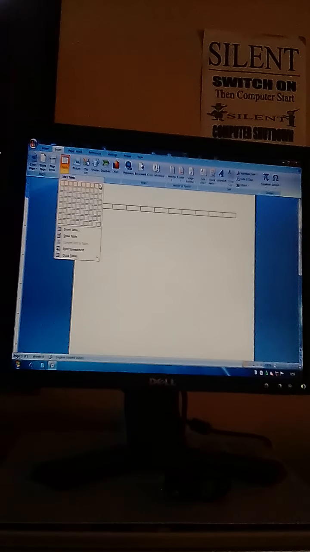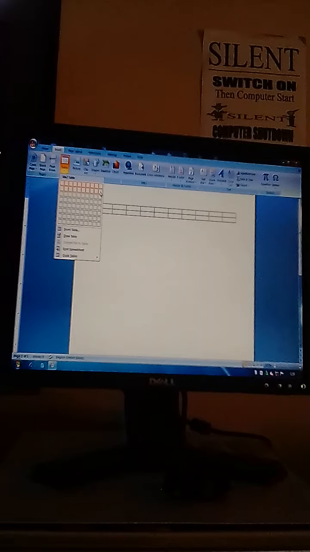Okay dear students, when you select all these boxes in row number 1, you see that 10 into 1. 10 into 1 means in this line there will be 10 columns and 1 row. Means there will be 1 row and in 1 row the columns will be 10. And if you select the second row, it means 10 into 2. 10 into 2 means 2 rows and 10 columns.